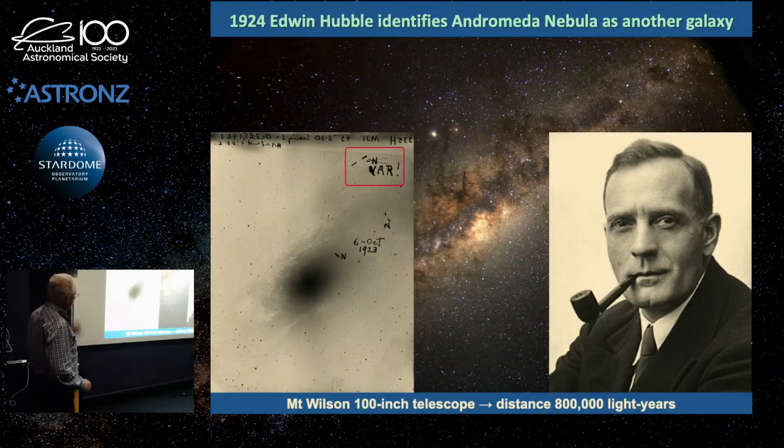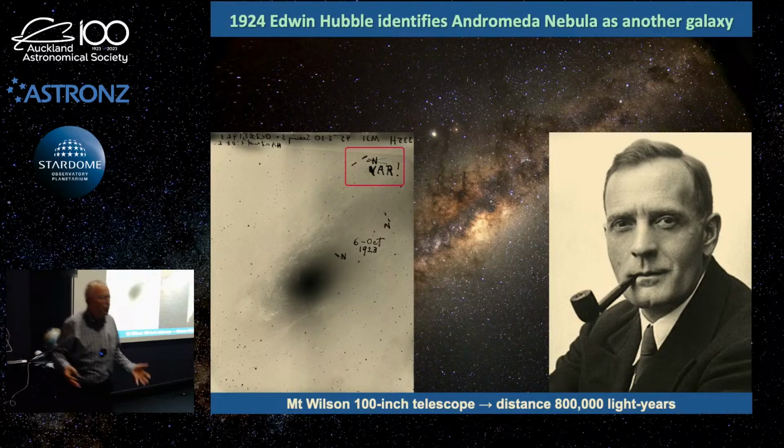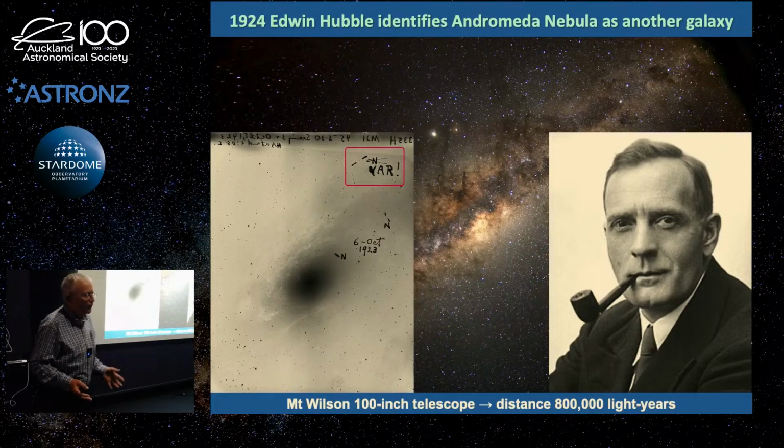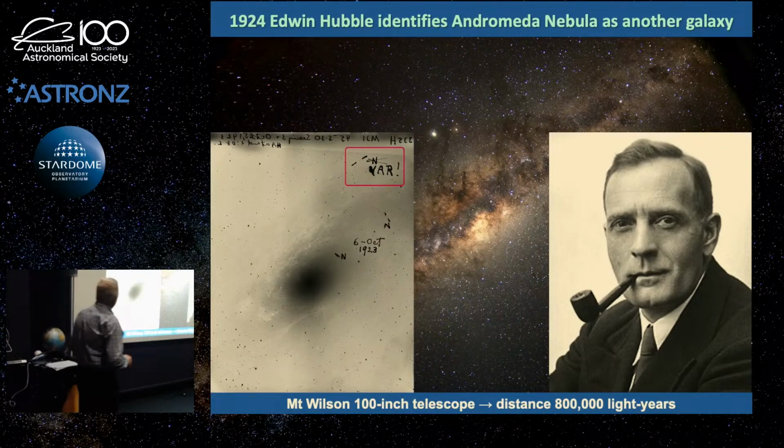And this is from his original plate and the original notes he made to himself. He noticed 3 spots of light, one here, and one in here. And he noticed that they appeared to be new spots of light. So he labelled them on the plate N for nova. Nova refers to new light. It's usually an explosion on the surface of a star. He recognised that no one had really made note of these on previous plates. These must be new, so he labelled them N.